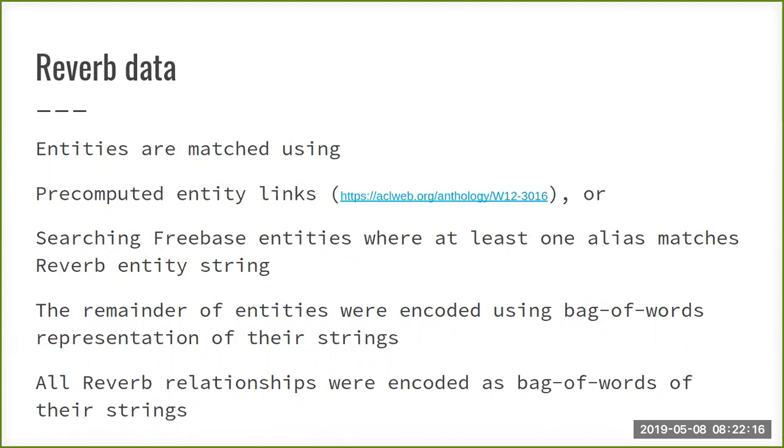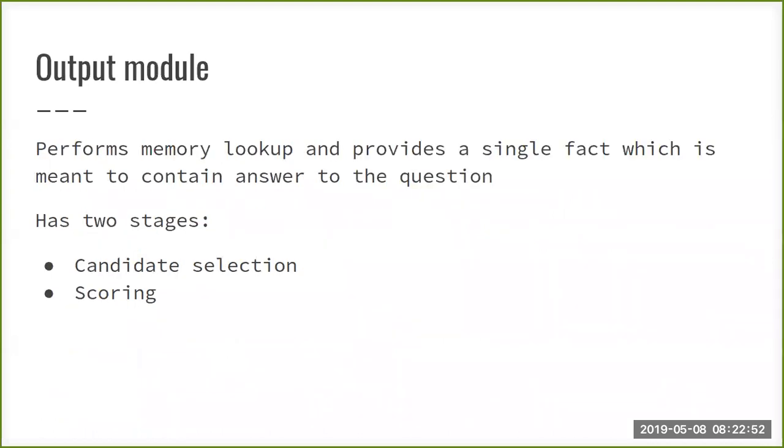Or if this approach doesn't work, then they search for the aliases within this entity string of ReVerb. And if that doesn't work, then they just encode the bag-of-words representation of the strings of the entities. And then all the relationships are also encoded as bag-of-words of the strings. So pretty much everything is encoded. I think it's a bit of an outdated approach, but that doesn't matter. So the output model that they have